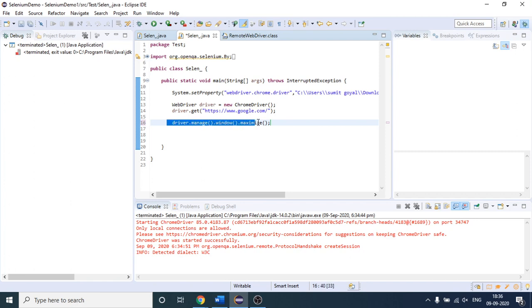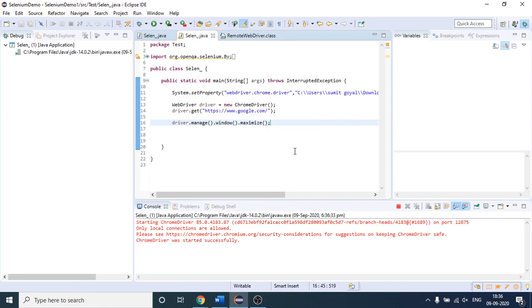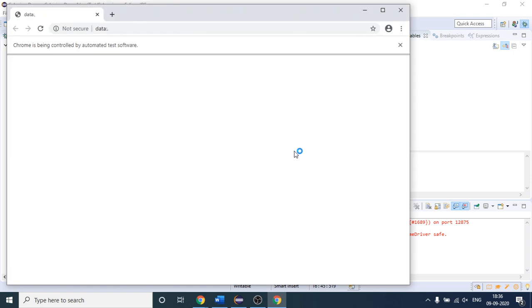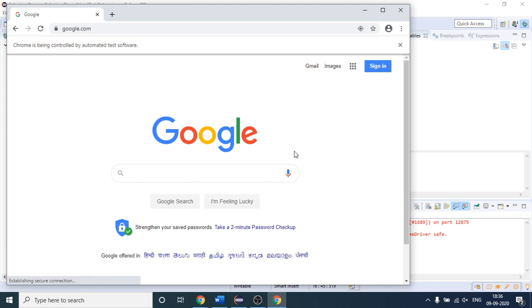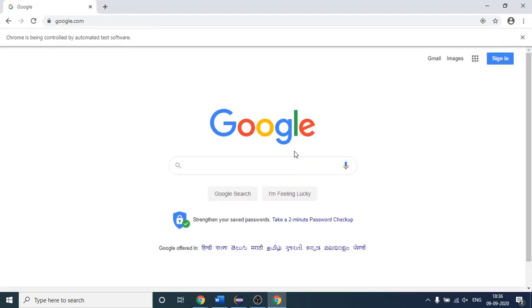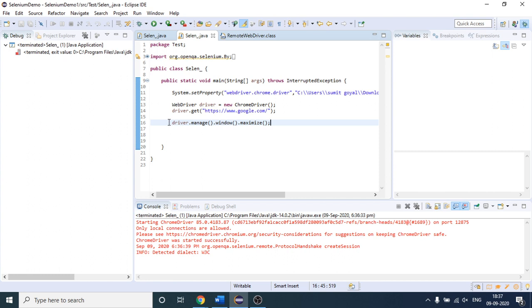So if we write this single line of code, what will happen? See here on your screen. It will execute the browser in maximize mode. Okay, it has not opened the browser yet. Okay, it has opened. It took some time, but it has opened. So you can see with the help of this single line, we are able to maximize the window size to the fullest. So this is one thing. Is it clear to you all? This is a very simple piece of code. Let me not remove this code, let me keep it here only.